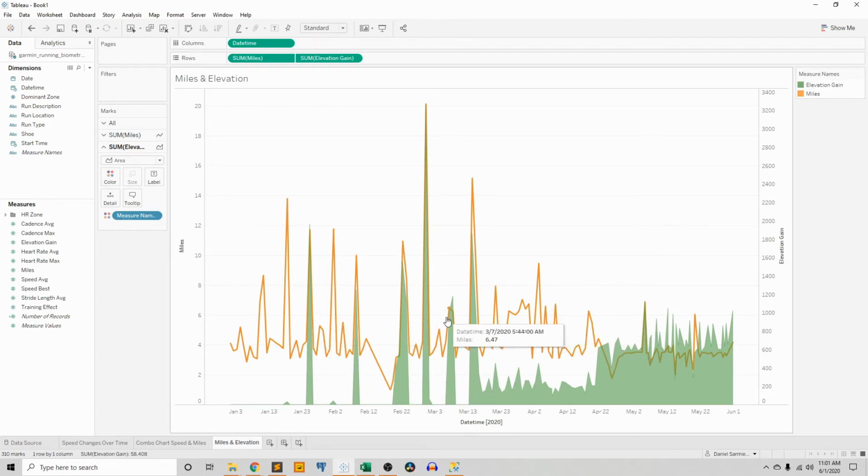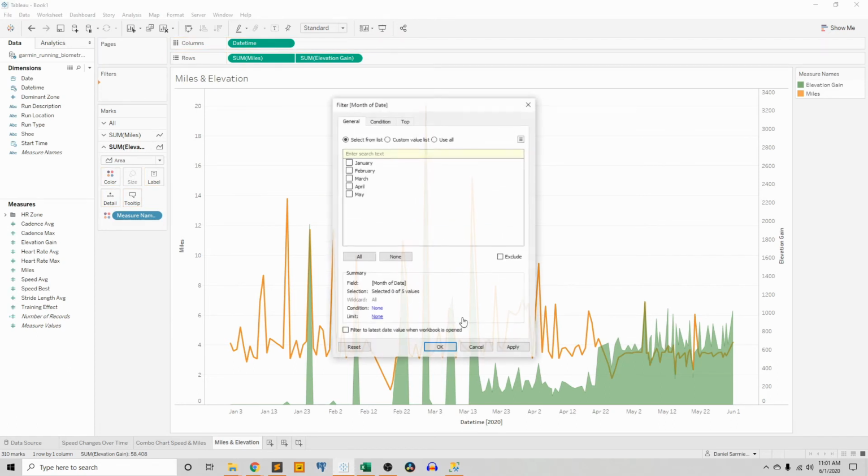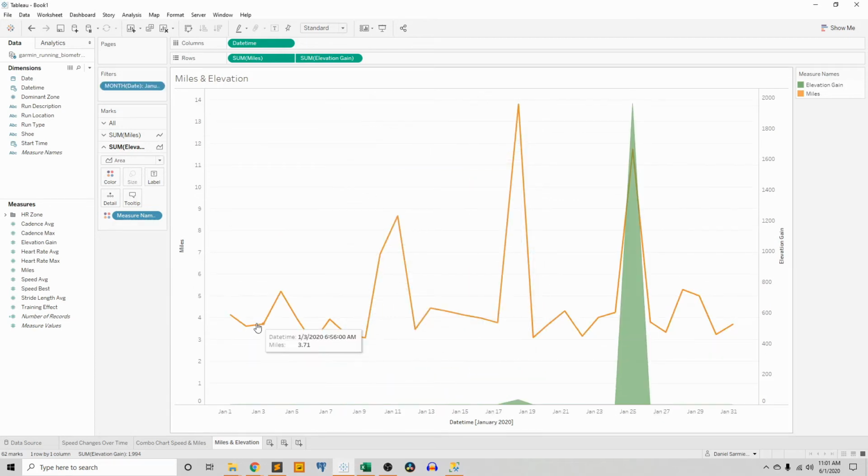There is so much that you can learn from your data. So in just your miles and elevation, let's see what this looks like on a month-to-month basis, if we're going to be able to see a benefit. Actually, mileage isn't even something that people can see a major benefit in over time. This chart, if we look at the miles as a bar chart,